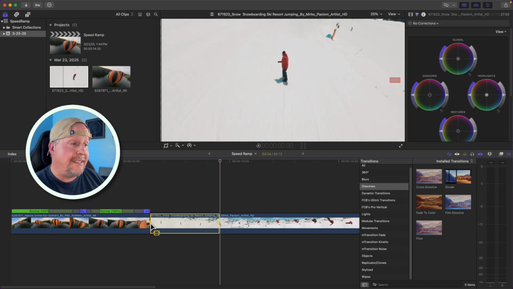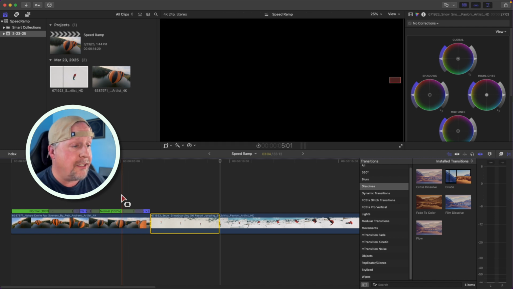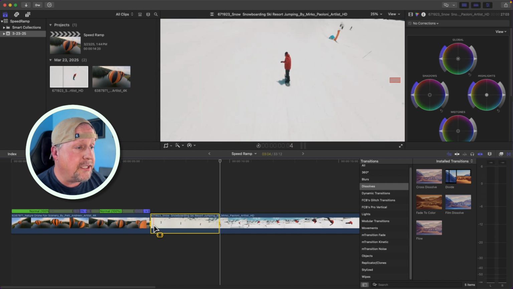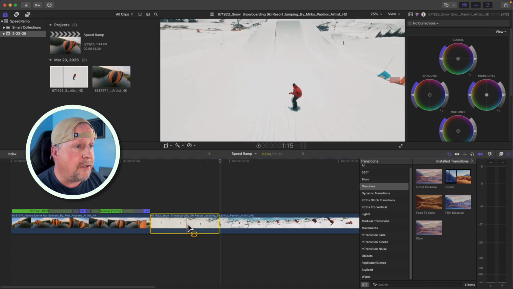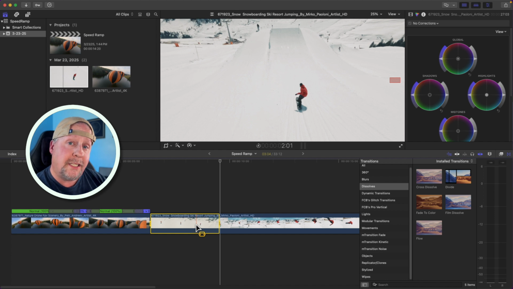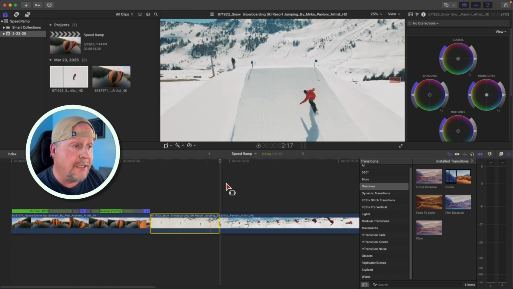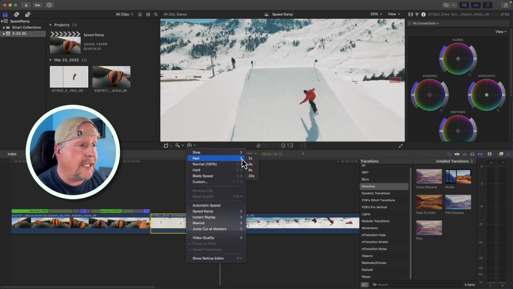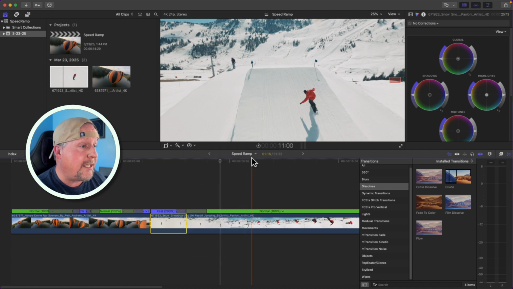Because you remember, I set an in point before, and so it thought that the original end point should have been in the other clip. So we just had to slide that over, and now our range is basically picking everything from here all the way up to where he hits the ramp. And at this point, I want to speed up this beginning clip. So I can go up here to my retime tools, I can change this to 2 times faster,